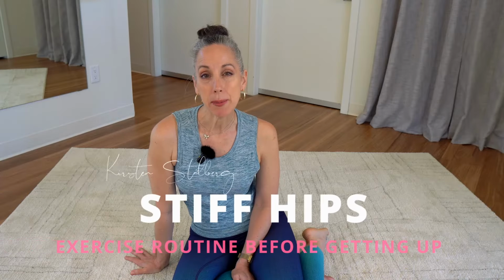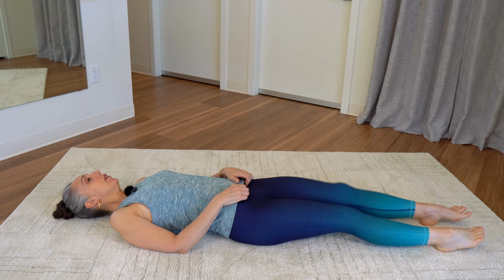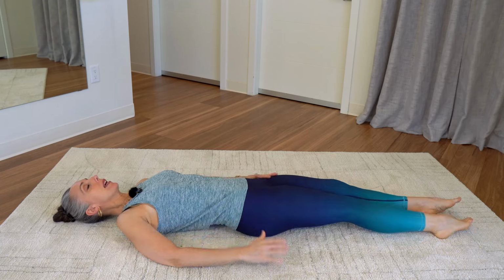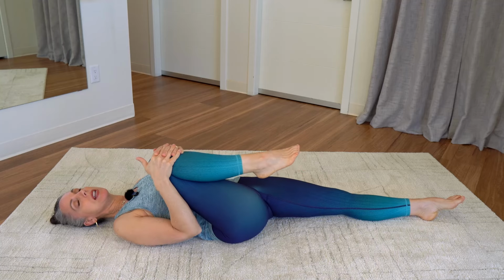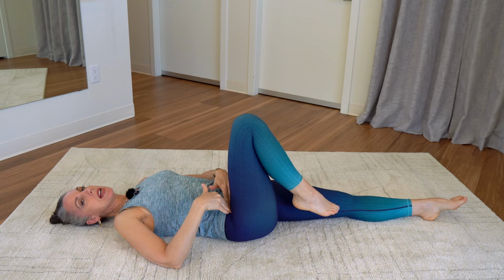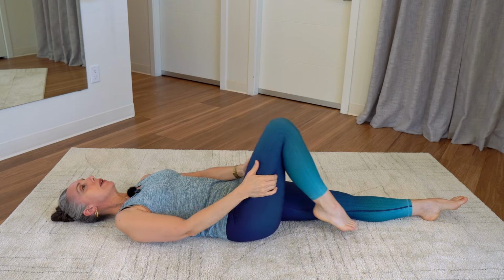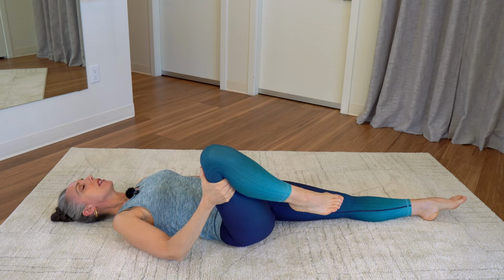If you wake up with stiff hips, here's a little program that you can do first thing in the morning while you're still laying in bed. So I'll pretend that I'm laying in bed, and we often do have stiff hips in the morning as we get older. So a lot of clients will take one hip and just pull it into their chest. That's not too bad, but sometimes it can cause a little bit of pain in the front of the hip. So let's bring that leg up, holding on underneath,